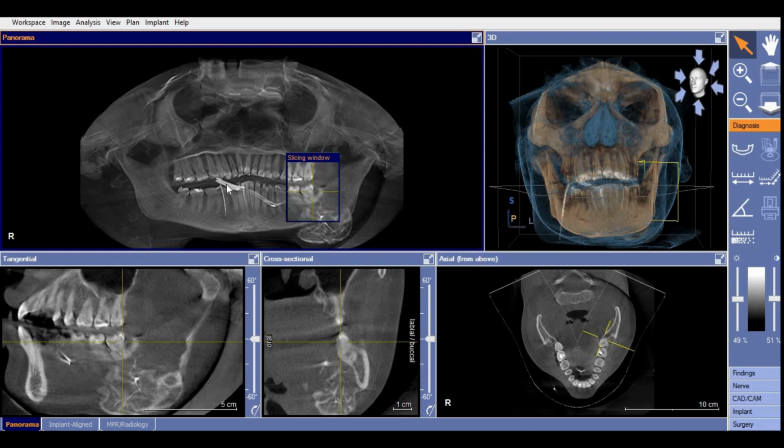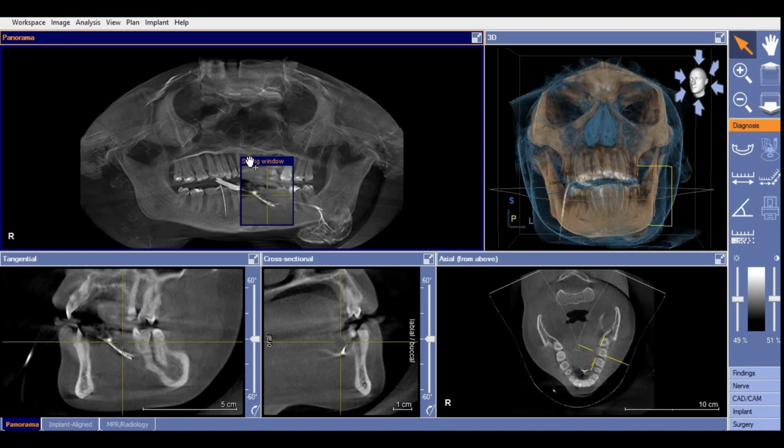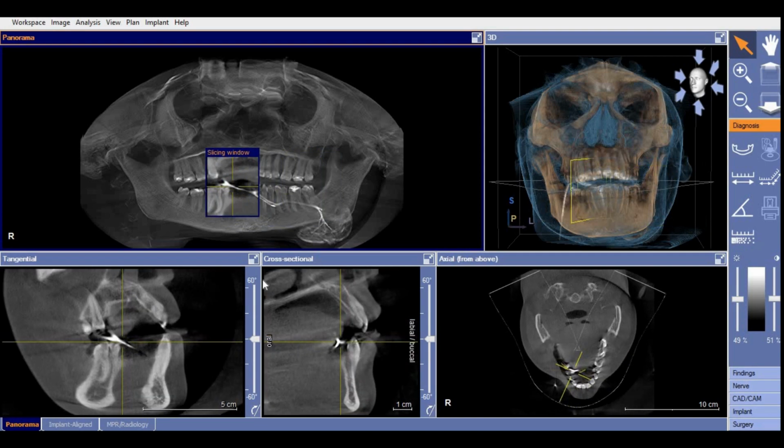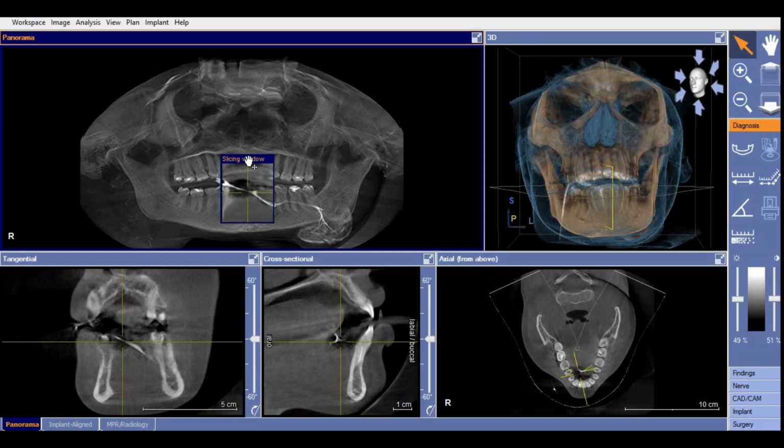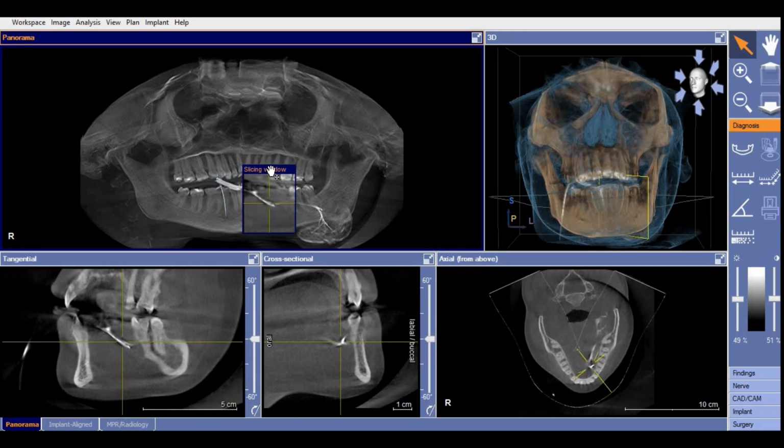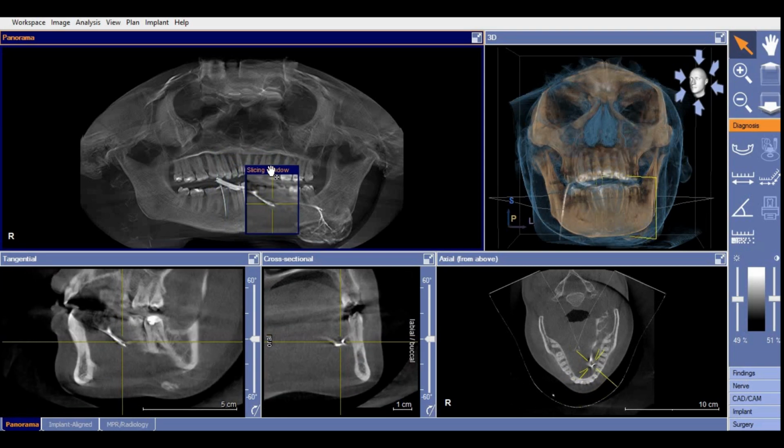let's visualize the radiographic structure which is present here. What you are seeing here is the sialographic cannula. If you move this over that, you can see the sialographic cannula in different slices. As you go down, we can reach the end of the sialographic cannula where the ductal orifice will begin. Now we are at the floor of the mouth.